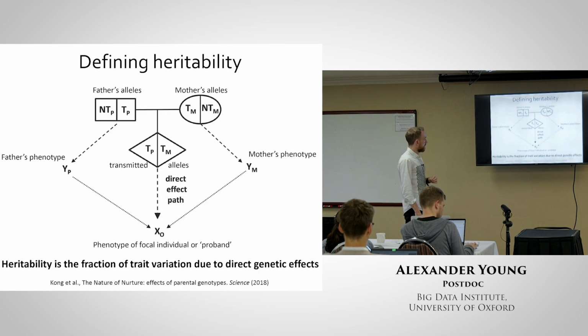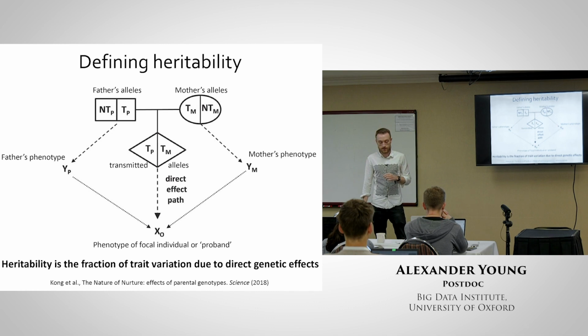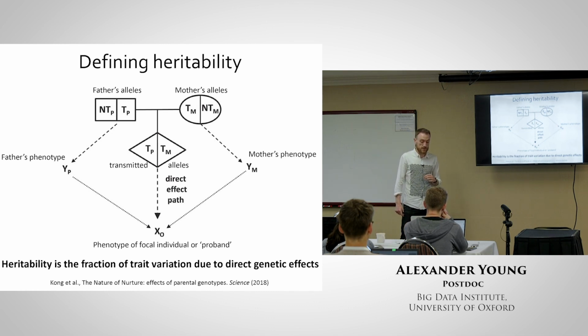And that brings me on to heritability and what all of this gene-environment correlation stuff means for heritability and some of the methods that have been developed to estimate heritability from genomic data and other things. And I think it's important to define heritability as a fraction of trait variation due to direct genetic effects. And this makes sense to me conceptually, but it's also in concordance with the way people have thought about it in behavior genetics in the twin literature. You can define whatever variance component you want, but just make sure it's the same one as the other method if you're going to compare them. People don't always seem to do that.